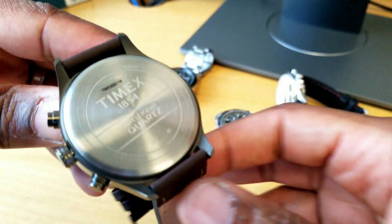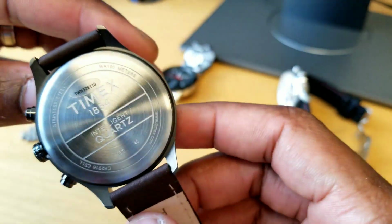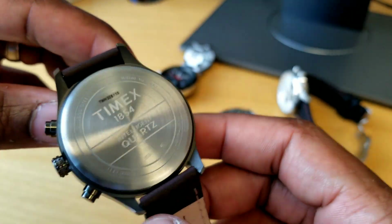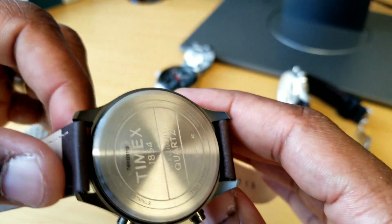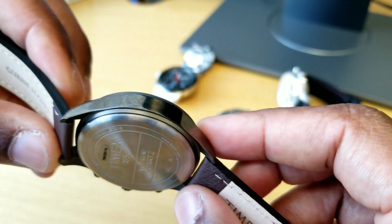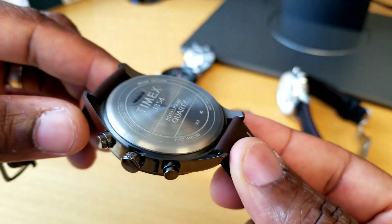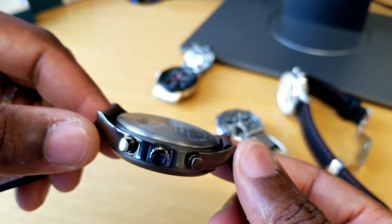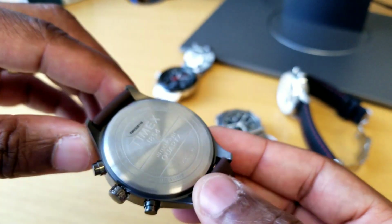My next gripe, I'm just going to go into the gripes because it's right in front of us right now, is this case back. It is 100 meters water resistant, which is good, but the case back is not screw down. It's a snap on, snap off case back. And if you've dealt with those types of case backs, you realize when it comes time to change the battery, which is going to be every 2 years, it's going to be a nightmare to get this off and back on while keeping the water resistance of this watch. You probably want to take this to a jeweler with a